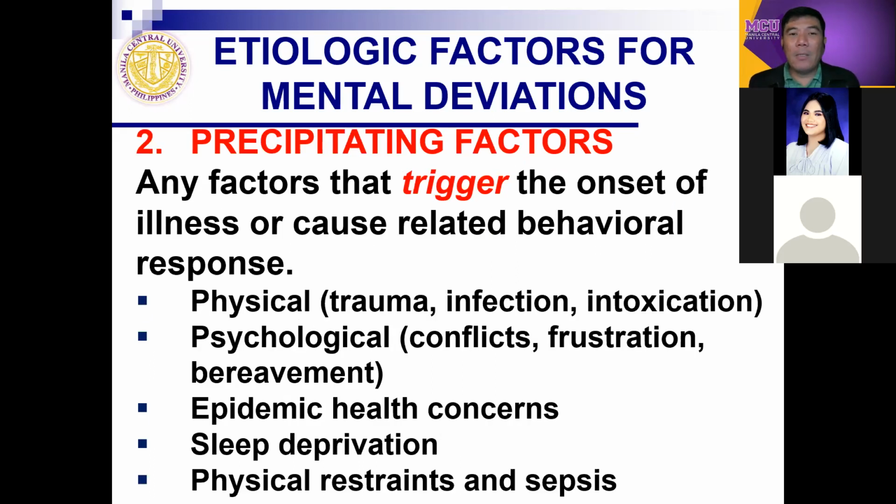Next po, pag sinabi naman nating precipitating, so contributed yung predisposing, yung precipitating factors naman trigger. This is the ones that triggers yung mental deviation. Trauma, so biological, psychological, yung mga conflicts, frustration, bereavement. Kasi if you have remembered dun sa, I don't know if it's fundamentals of nursing or sa theoretical foundations, yung stages of grief, yung DABDA: denial, anger, bargaining, depression, acceptance. There are some instances na we may not pass through these 5 stages, yung DABDA,